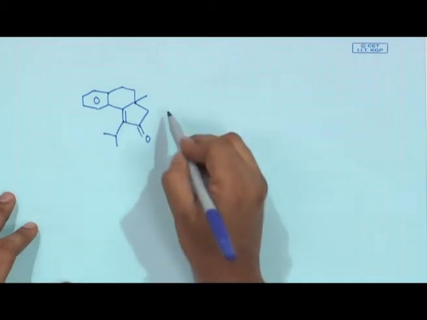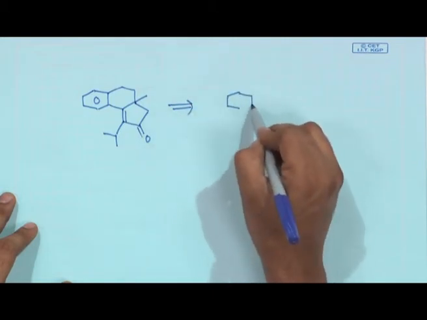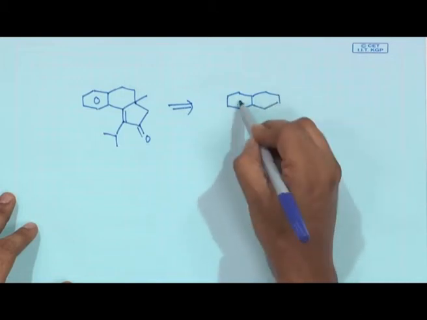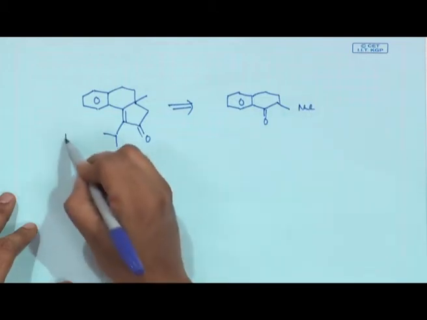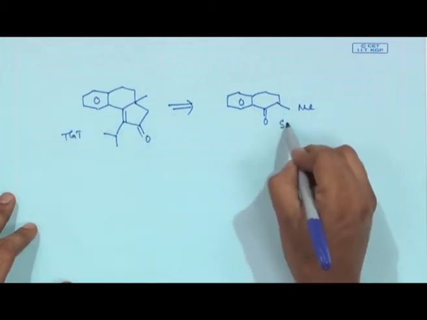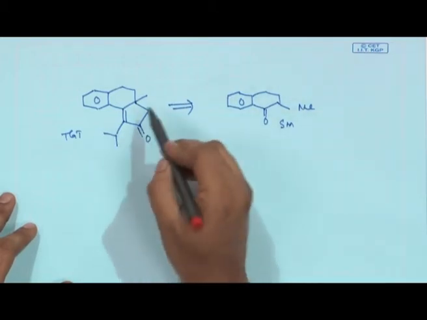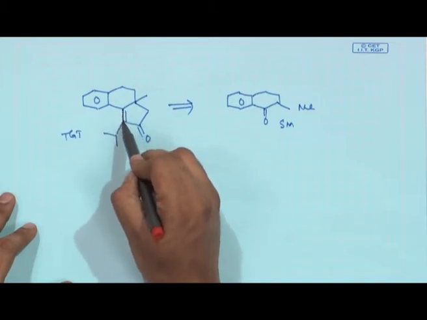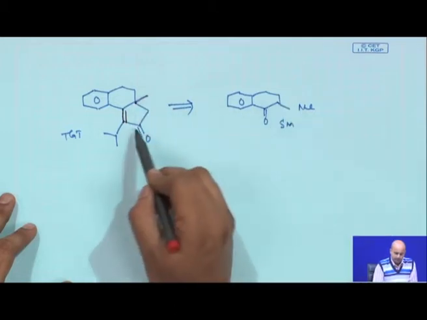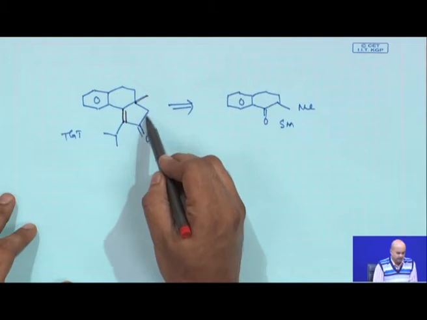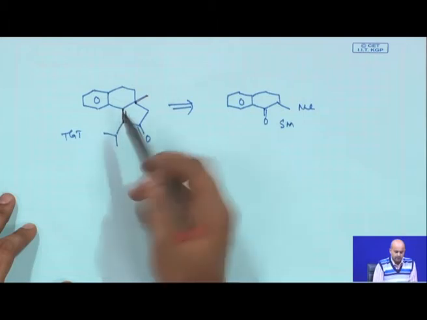The molecule is an alpha beta unsaturated ketone. The starting material was given to you, it is basically 2-methyl alpha tetralone. This is the target, this is the starting material. Now, see the target, this target is having an alpha beta unsaturated ketone here, and this correlation is this methyl is there, this methyl is there. So, probably you need to introduce something here, then you use this carbonyl group to close the ring.